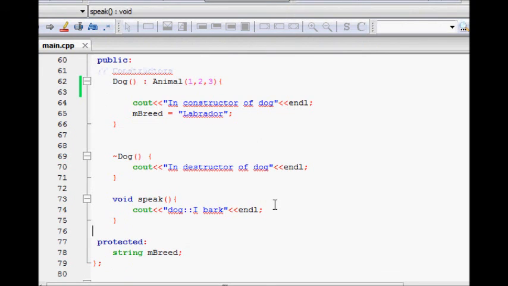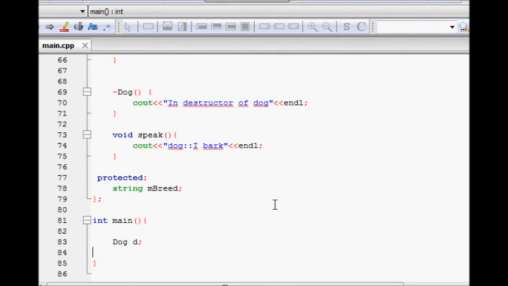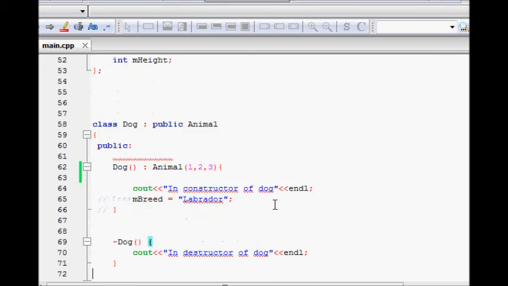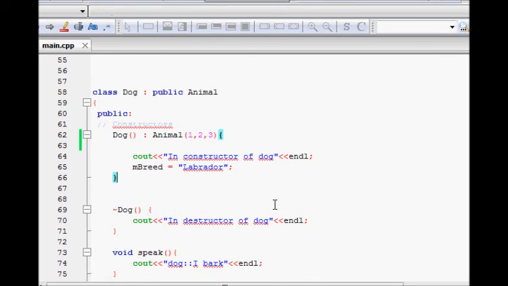This example just tells you that from the constructor of the derived class you can call a constructor of the base class. You can choose which constructor to call for the base class, based on how you write it in your derived class. I hope you understand this. Thanks a lot.